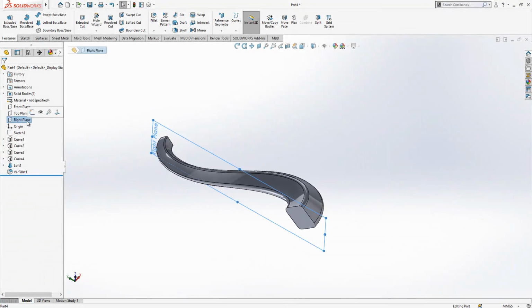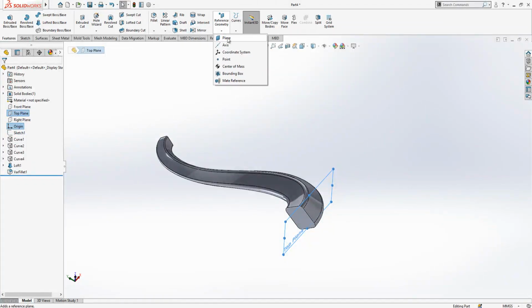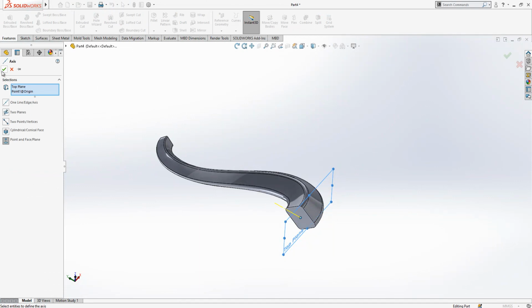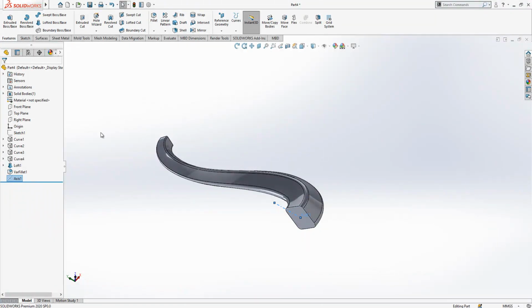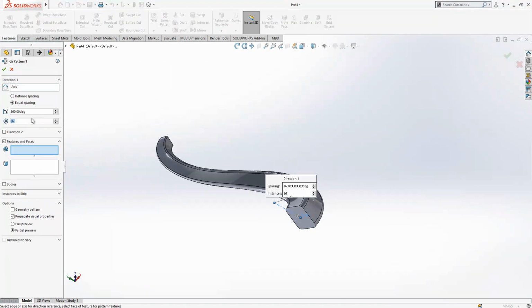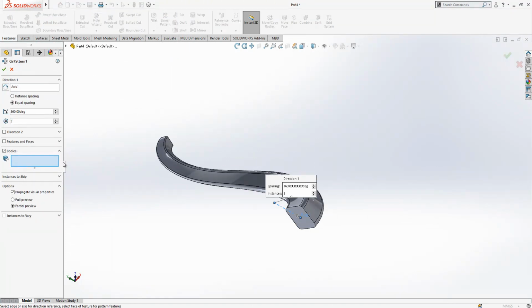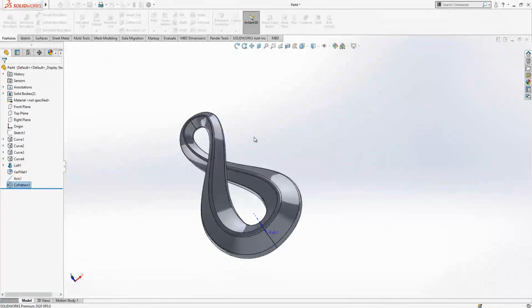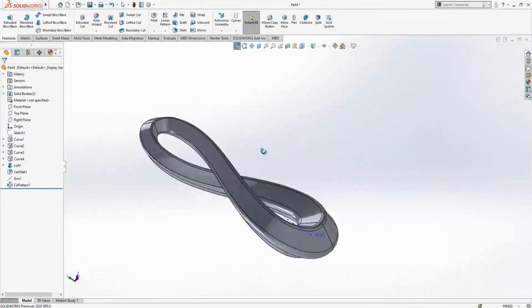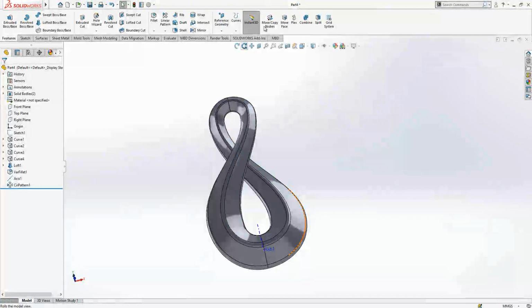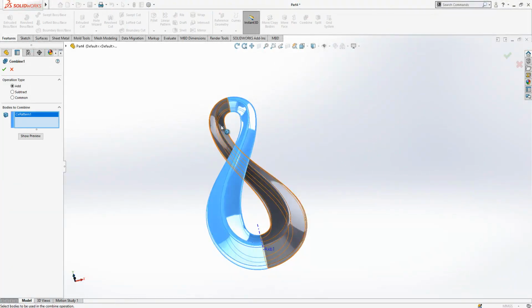Now the most beautiful part, just copying. I select one plane and one point under Reference Geometry and Axis, creating. Now Circular Pattern 2, and the body is this, and now I have got a copy. You see, we have got a copy, and then I want to make a combine